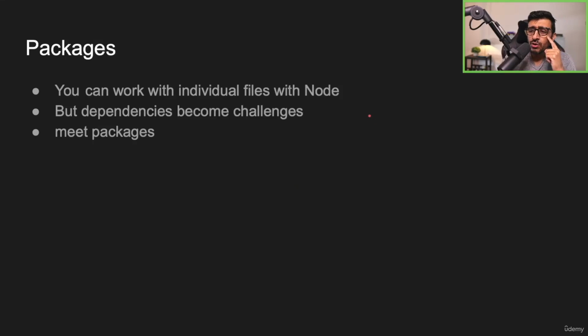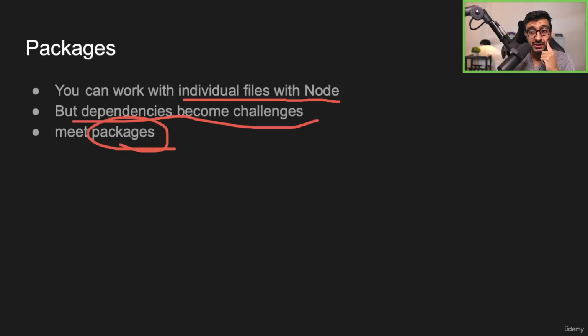You see, you can work with individual files in Node normally. You can have a file that references another file, that references another file. But then tracking this dependency becomes a challenge. That's why Node, as part of their architecture, invented these packages. It's an abstraction, nothing but a metadata file that tells you that this file requires this file, this file requires this file. Otherwise, you don't know. You have to store this information.